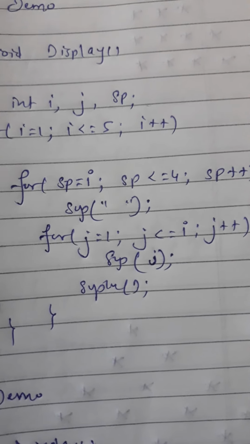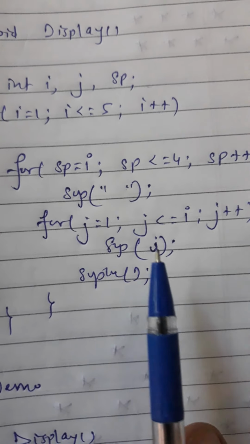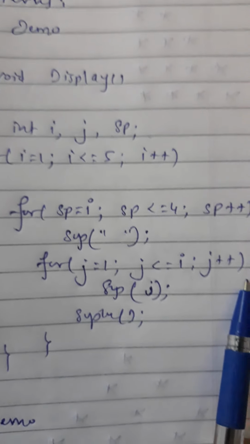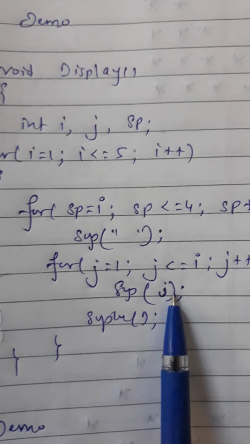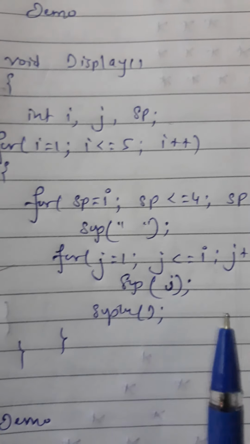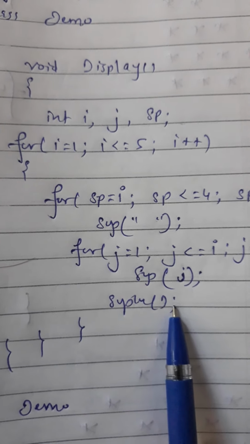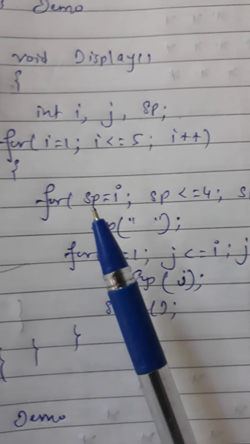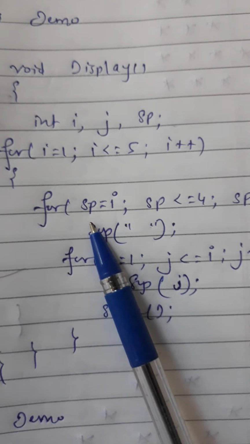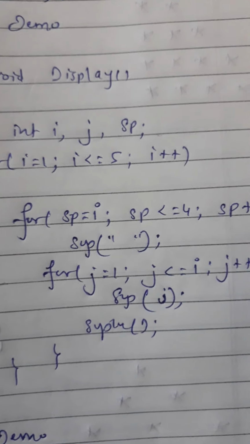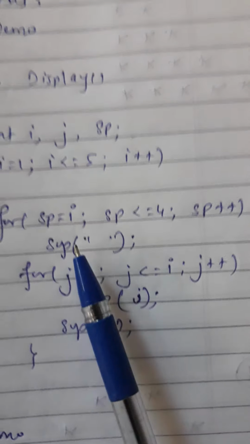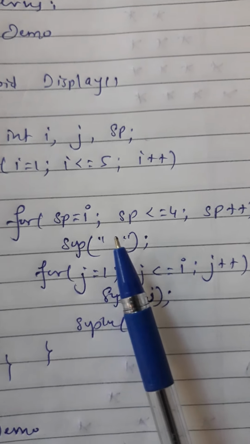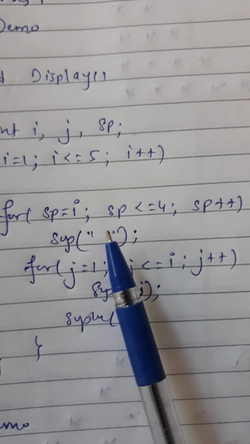And now the loop is starting from j equal 1, for the values j is less than equal i. So this will execute only one time. So the value will become 1 after the 4 spaces. Here the line will be changed. Next the value of i will be 2. So the space loop starts from 2, 2 is less than equal 4, sp plus plus. So this will execute 2, 3, 4. So there will be 3 spaces in the second row.